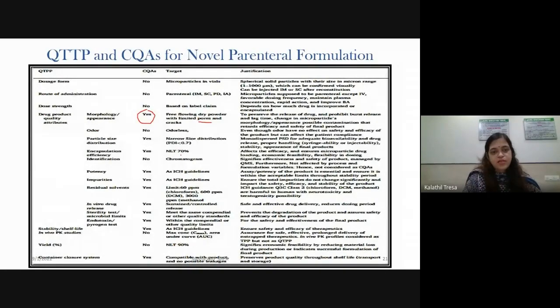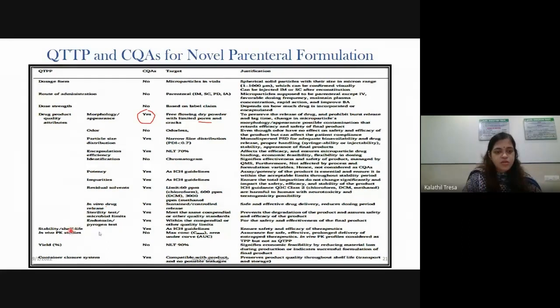That is, if less amount of drug gets encapsulated, it will be an issue. Similarly, potency, impurities, residual solvents, in vitro drug release. Then your sterility test, microbial limits, endotoxin, all these are CQAs for your parenteral formulations.